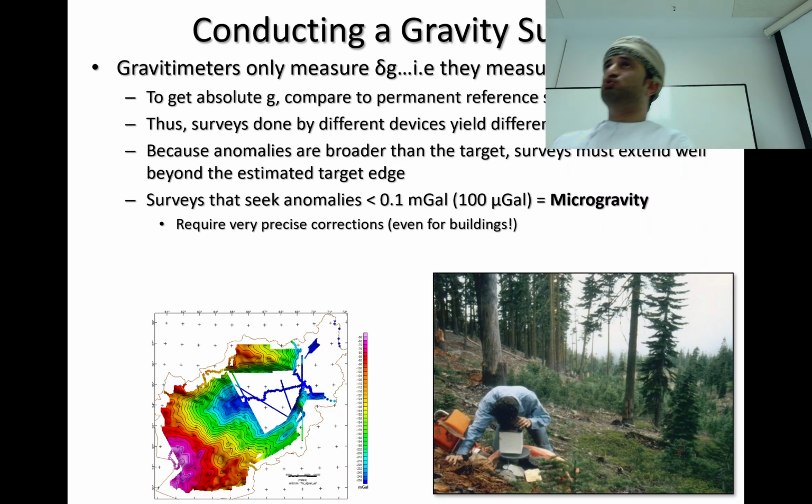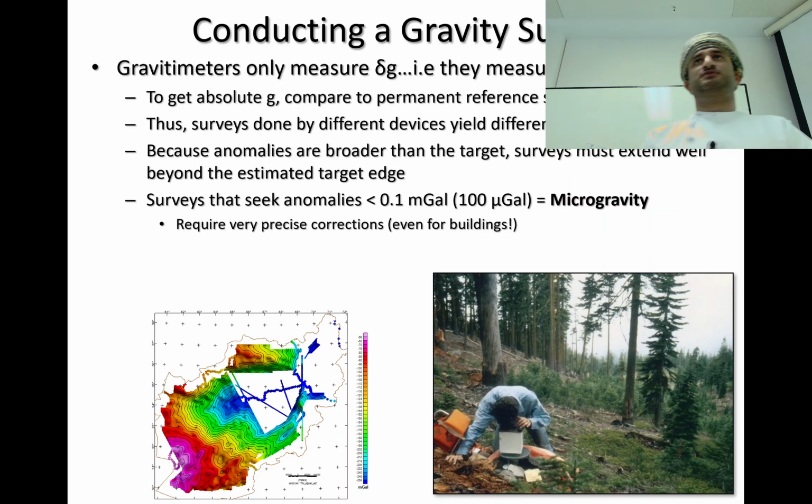And if you want to detect such small anomalies, we conduct a survey called microgravity. Microgravity is basically a gravity survey. The only difference is that,